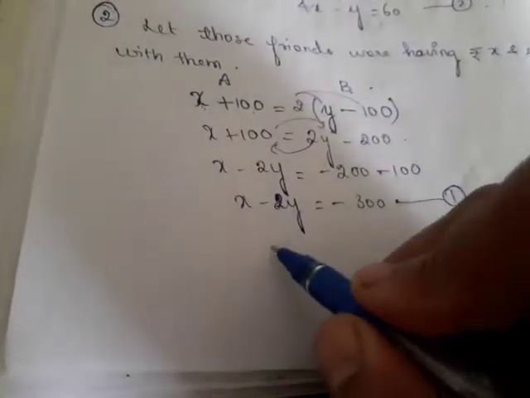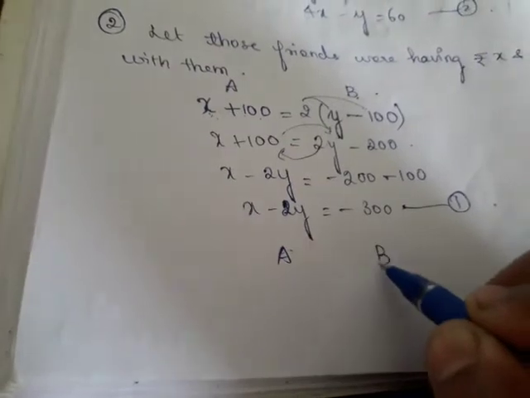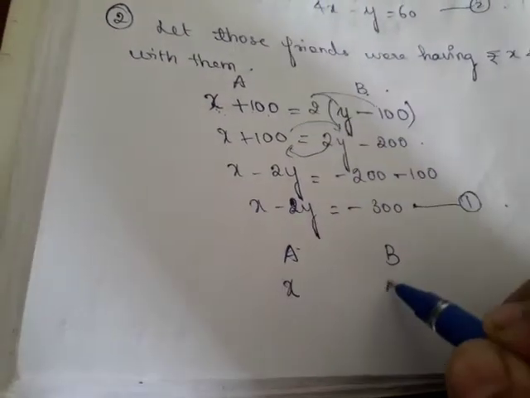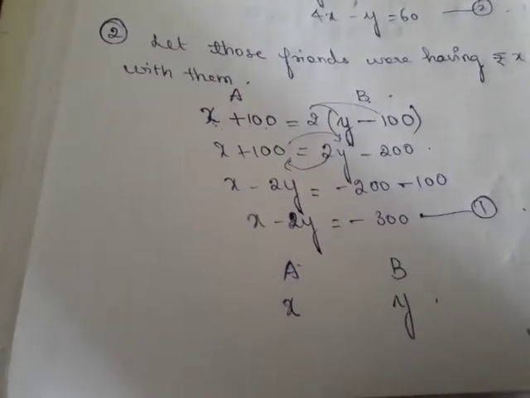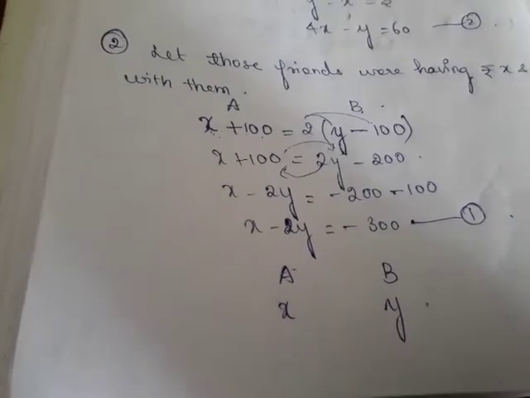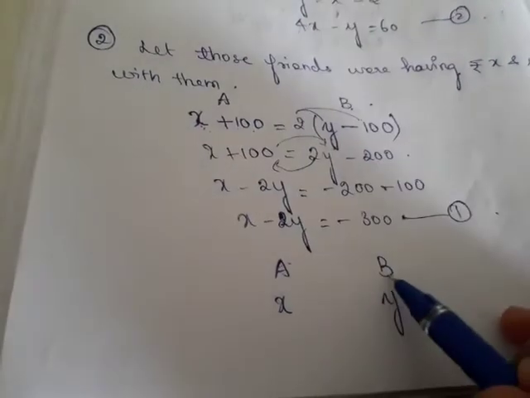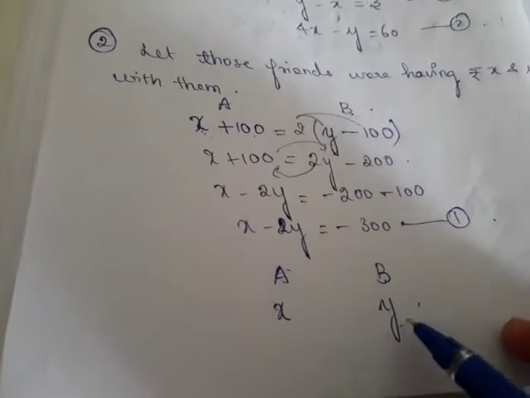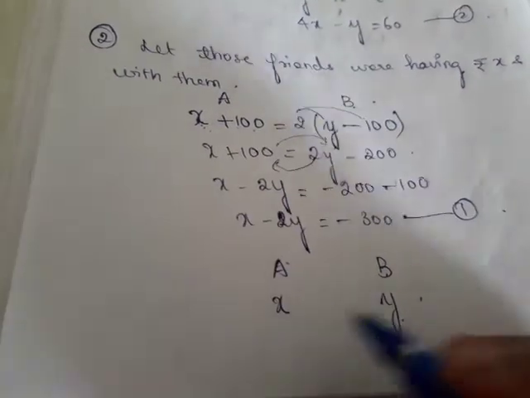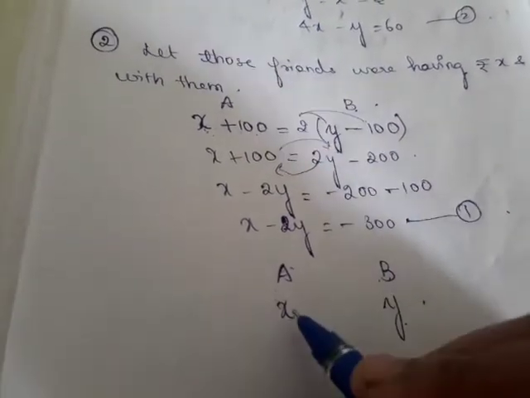Now let us see how we can frame our second equation. Similarly, the two friends are there, A and B. The amount is x here and y here. Now what does the other person say? Now the other replies. Who is the other? B. B replies, give me 10. So if B is asking A to give 10.